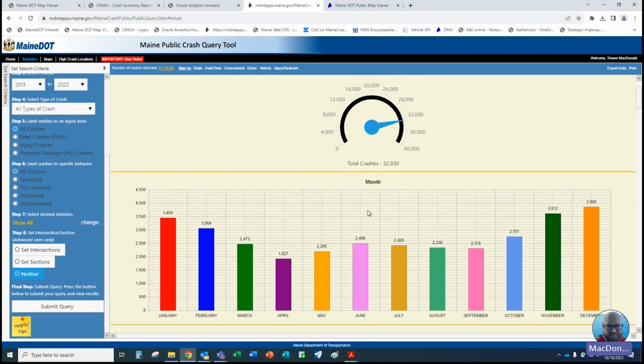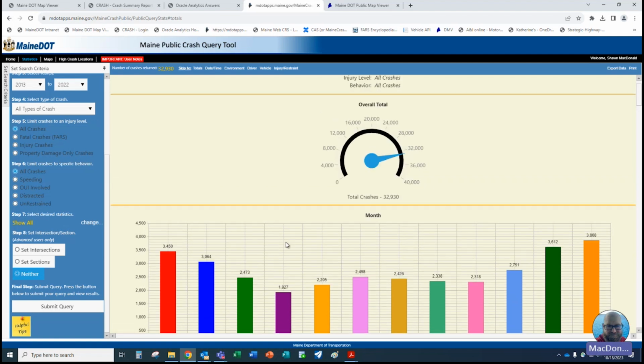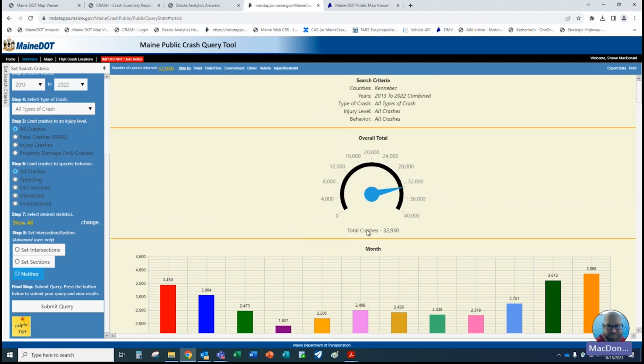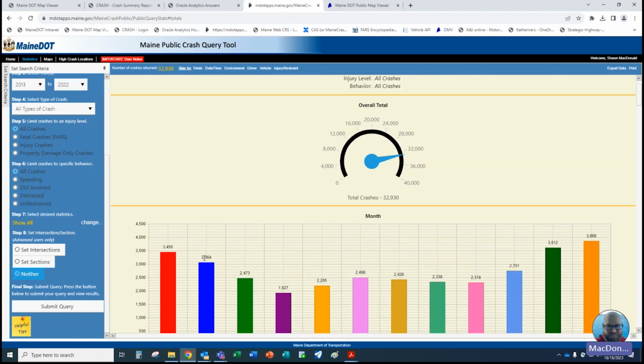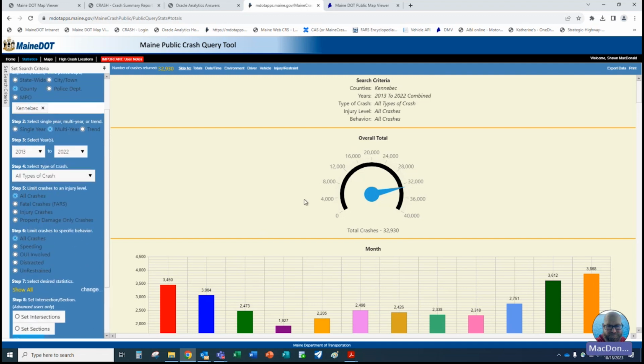I was looking at it thinking it's almost the same exact numbers that we had for 1 year statewide. It threw me off a little bit. So you can see the data we get looking at a countywide level, breaking it down again by the different days of the week and everything. One unfortunate part of this is it's lumping it all together. So you may be saying to yourself, what if I wanted to look at this information from 1 year to the next? I know I have all this data for 2013 to 22. What if I want to know exactly what happened in Kennebec County in 2018?